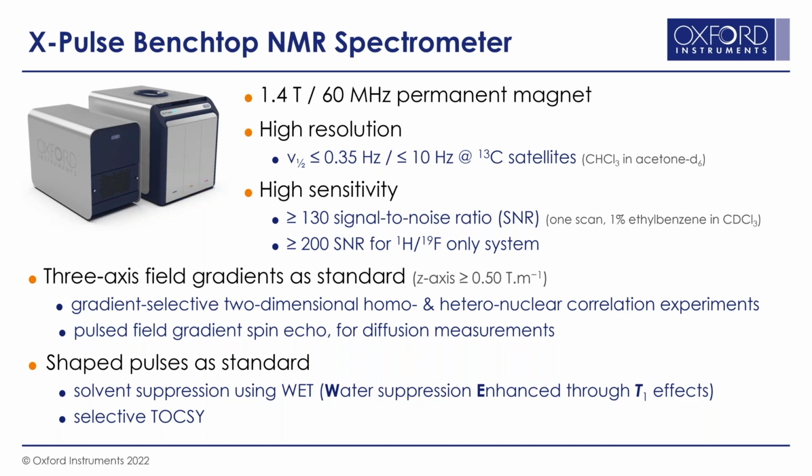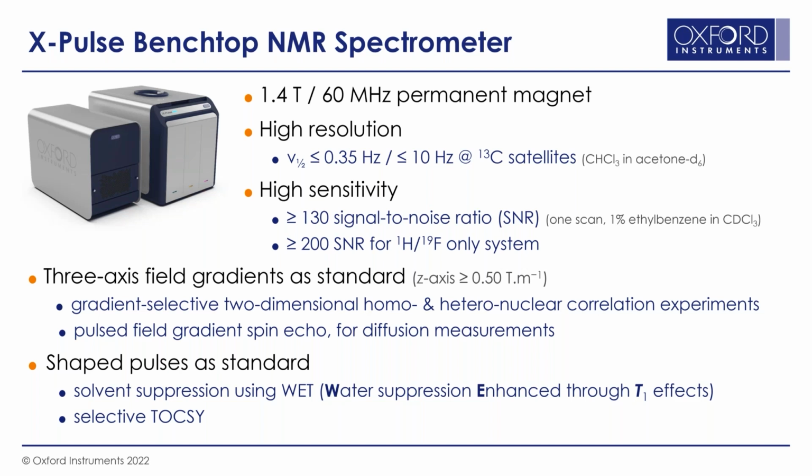Signal resolution is quantified through peak widths of a standard sample, and for X-Pulse is a maximum of 0.35 Hz at half height and a maximum of 10 Hz at the height of the carbon satellites. Sensitivity is again quantified using a standard sample, and when fitted with our broadband probe, X-Pulse has a minimum signal-to-noise